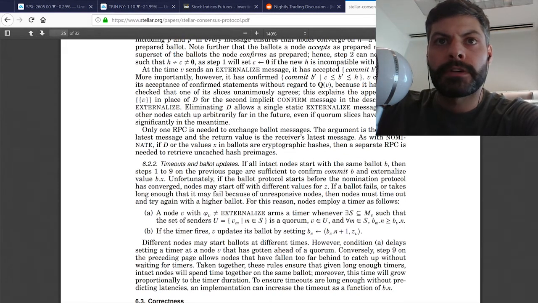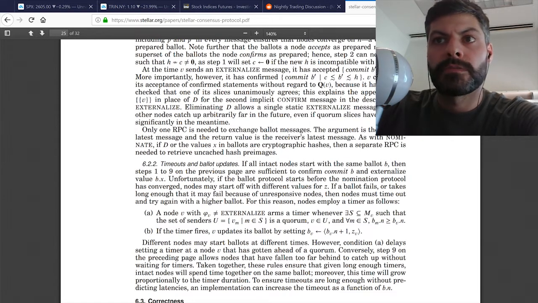6.2.2 Timeouts and ballot updates. If all intact nodes start with the same ballot B, then steps 1 to 9 on the previous page are sufficient to confirm commit B and externalize value B.X. Unfortunately, if the ballot protocol starts before the nomination protocol has converged, nodes may start off with different values for